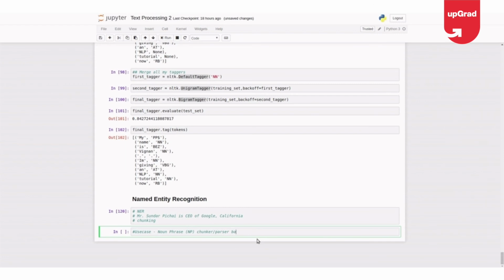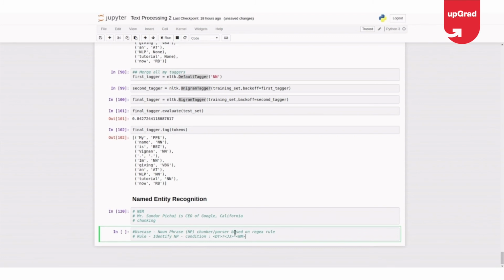based on a regex rule. Let us have the rule be: identify noun phrases on the condition that a noun phrase should have a determiner like the or a, which is optional, and then it should have an adjective zero or more times, and then it should have a noun.